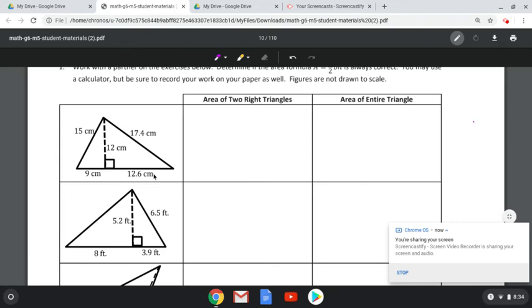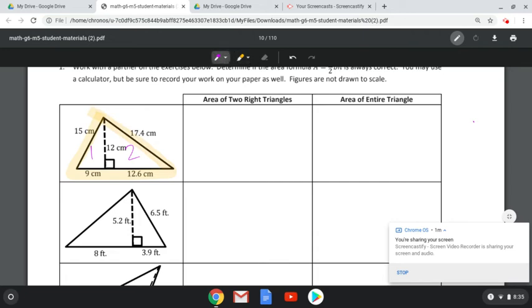Okay, so what we're looking at here is I see there's one right triangle, and then I see there's another right triangle. So for this type of problem, you could do this 2 separate ways. I could find the area of triangle 1, and then go ahead and find the area of triangle 2, and then add their areas together. Or the easy way to do it is, because we're trying to find the area of this big